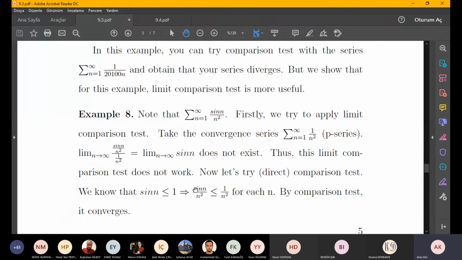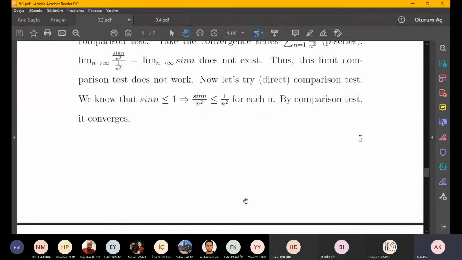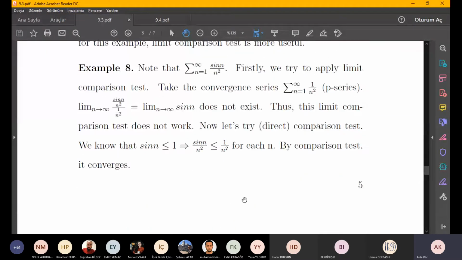And here, I guess this is the last example for limit comparison. This is an example for the comparison test, but first we will try if the limit comparison test does work here. The general term of the series is sin n over n squared. And we will again try to apply the limit comparison test. So again, by the same reason, we will take bn as 1 over n squared, which is a convergent p series. And if we just take the limit at infinity of an over bn, which will give sin n, you know that